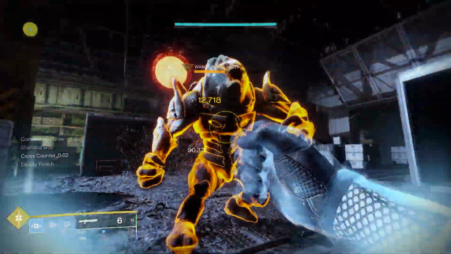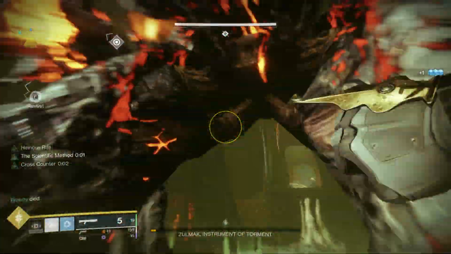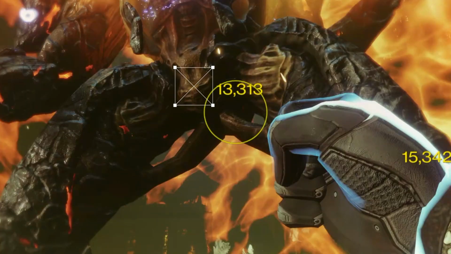You see Greg? You punch it in the face. That primeval that just spawned? Punch it in the face. And if it's bigger than you, well then you just punch it in the...